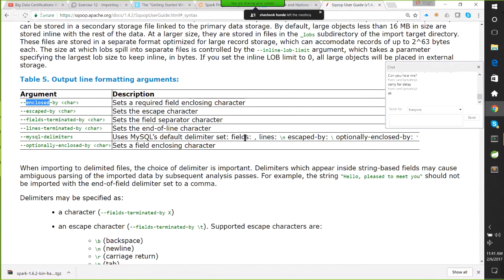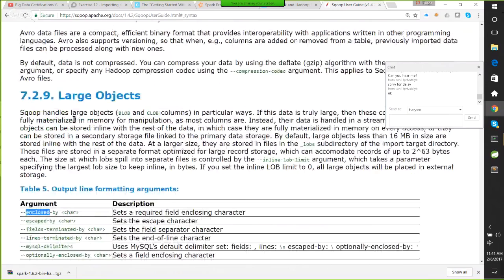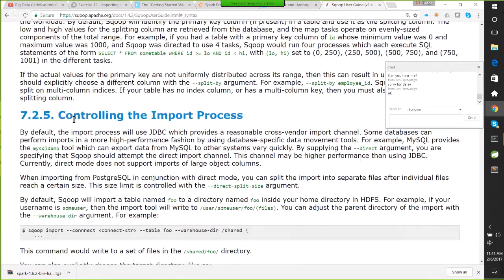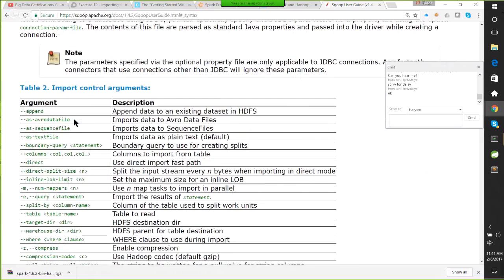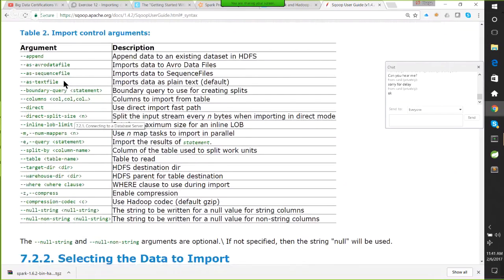Okay. So everything related to CCA Spark and Hadoop Developer, you should be comfortable with, especially dealing with delimiters. And they don't get into too many complex things here. File formats, probably append, hive overwrite, table, sorry, append, and then there should be one parameter related to overwrite also. That is actually